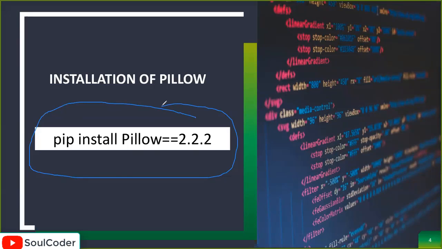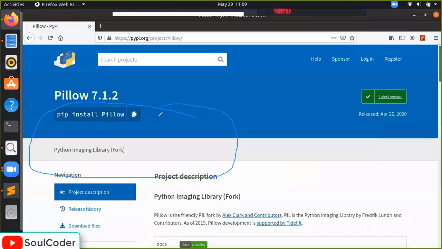In my case, I am using Ubuntu, which is a Linux distro, so I have to write pip3 for the same. If you go to the official website, this is the official website. What you have to do is just copy this part into your command prompt, and it will download it.